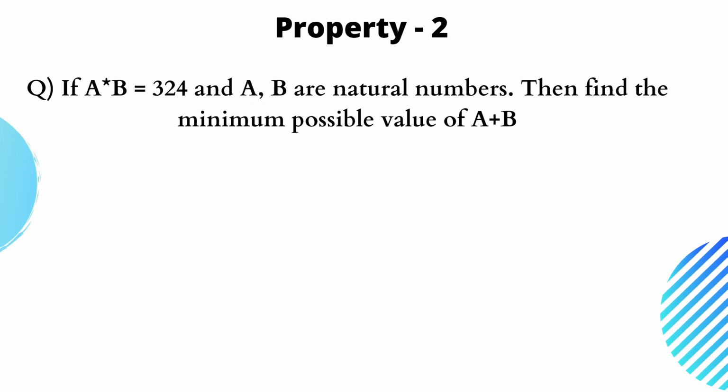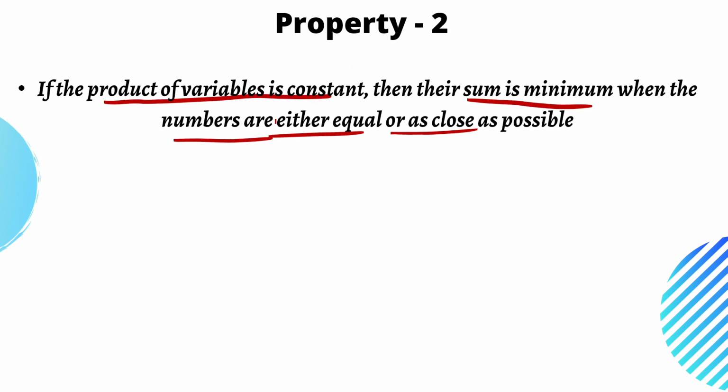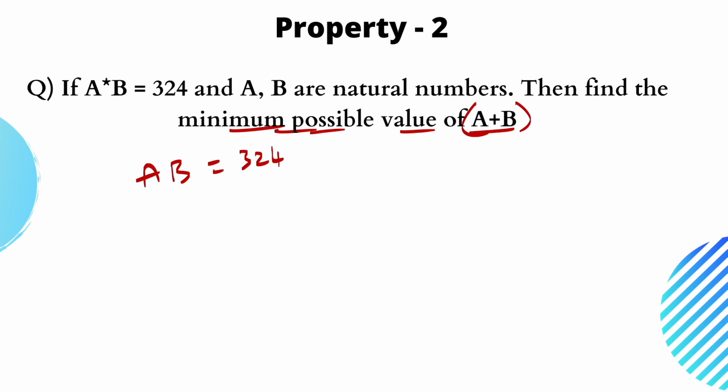If a into b is equal to 324 and a and b are natural numbers, then find the minimum possible value of a + b. So what is the condition given? a into b is equal to 324, and we are asked to find out the minimum possible value of a + b. And what is the condition? The numbers must be either equal or as close as possible. So if you are very well aware of the square roots, you can say 18 into 18 is equal to 324, and you can directly say 18 + 18 will be equal to 36,